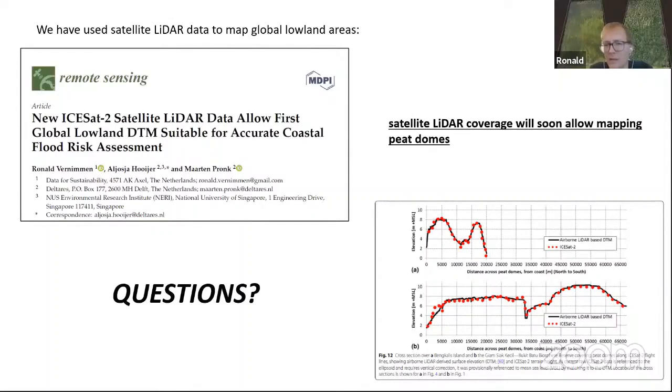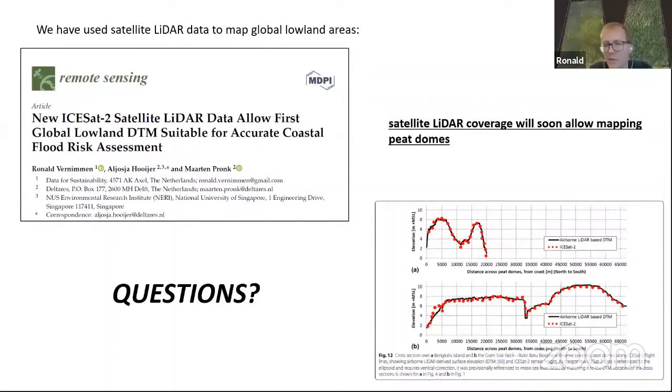So with a grid of 5 kilometers, you won't be able to accurately delineate a peat dome. But as more and more satellite LIDAR data are acquired, you will be able to go to a higher resolution. So for smaller peat domes, you will have to go to 500 meters or maybe a kilometer. That's what we are aiming for now. So that will allow at least the contours of the peat dome to be mapped,